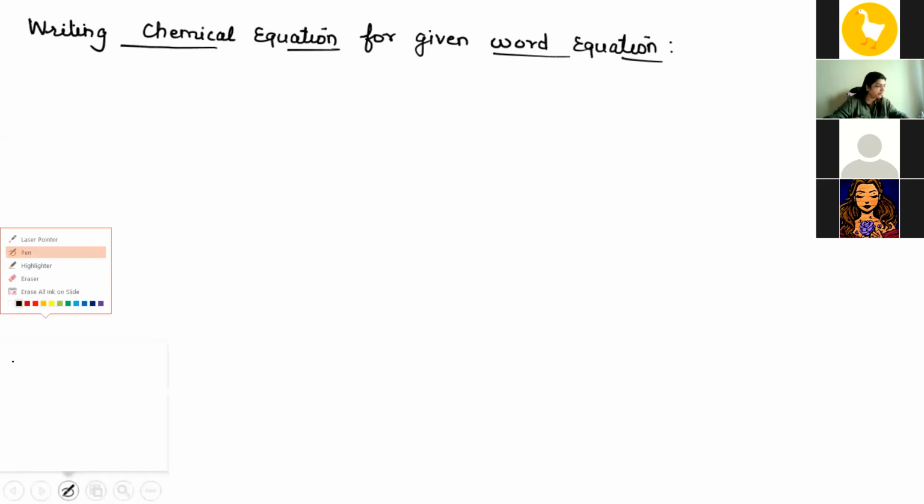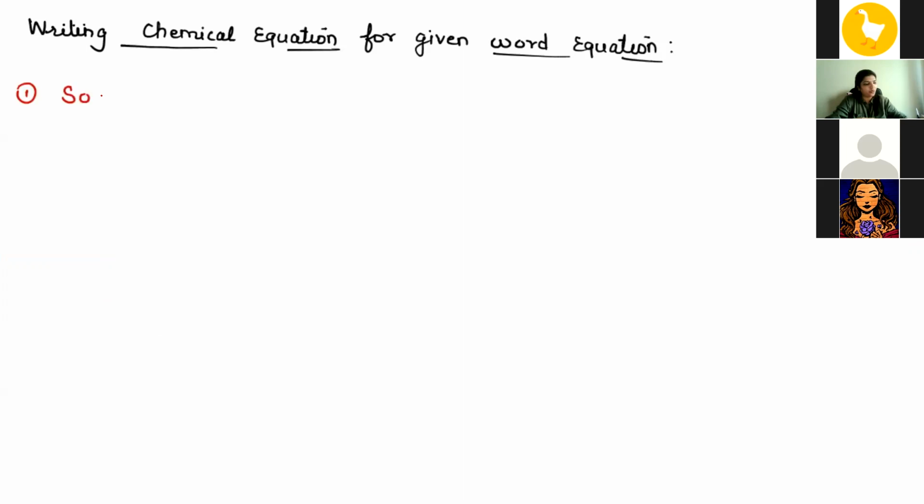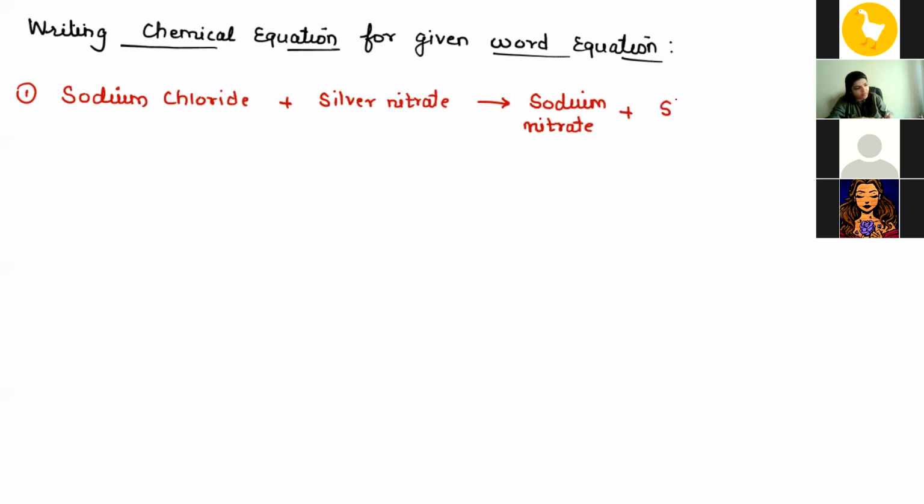Now, let's say I have one question as: sodium chloride plus silver nitrate giving sodium nitrate plus silver chloride. This is the word equation given to me. I have to translate it into chemical equation. So it is as simple as